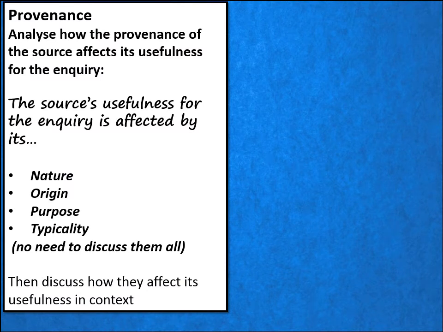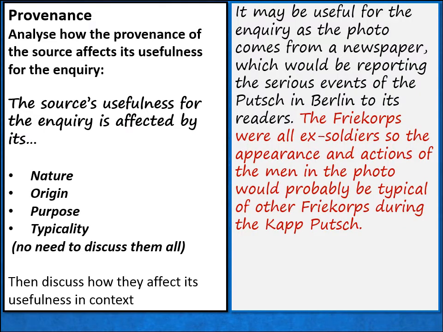So the second half of our paragraph is going to analyse provenance, maybe using the sentence route that you can see there and applying that every time, because that's going to lead us into this discussion. And then we're going to develop our points with our contextual knowledge. So again, it might look like this. The writing in black is a quite narrow analysis of provenance, and then the writing in red develops that with my own knowledge.